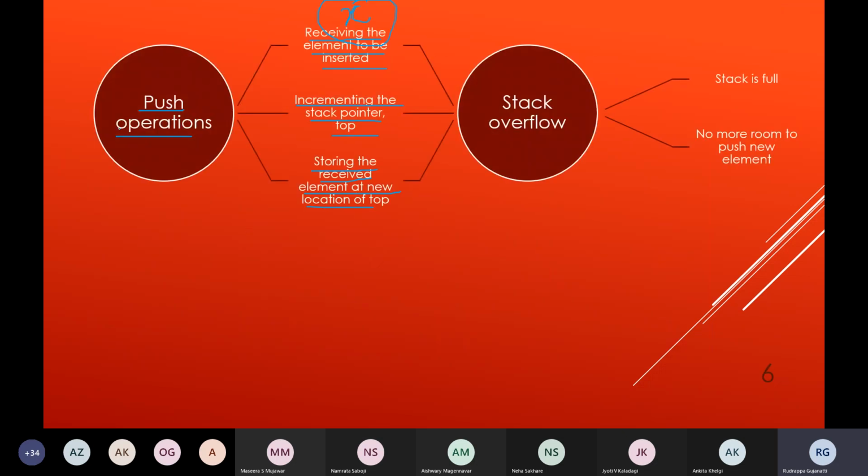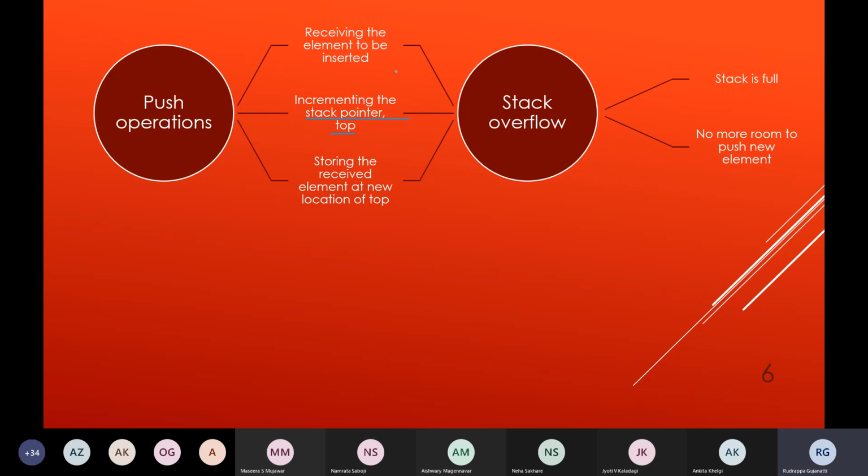So this is what is happening in the push operation. First get access to the element, increment the top pointer or the stack pointer, and store the element at the location which is identified by the stack pointer or the top pointer once the increment operation has been done.